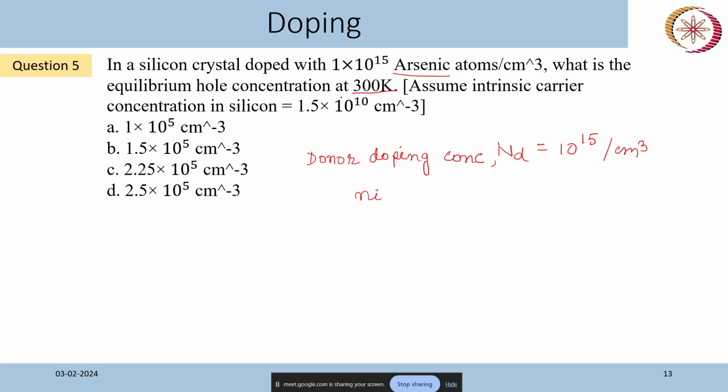The question is given at 300 Kelvin, so at 300 Kelvin it is 1.5 into 10 to the power 10 per centimeter cube. So using mass action law,